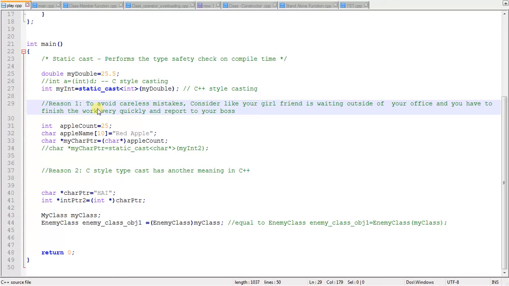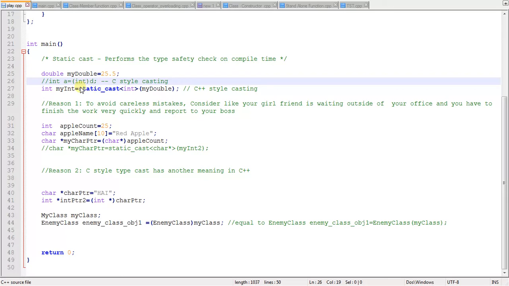Let us take an example so that it will be clear for you. First, here I have declared a variable of type double, and I am just converting that double into an integer. So here I have used a C-style casting. Now double 25.5 is converted to integer 25.